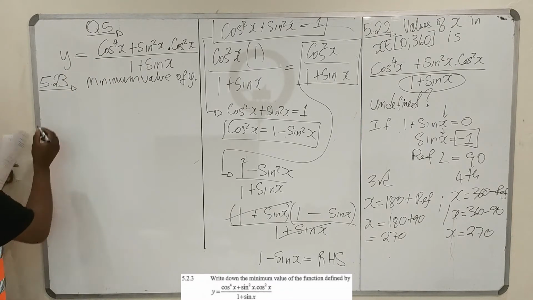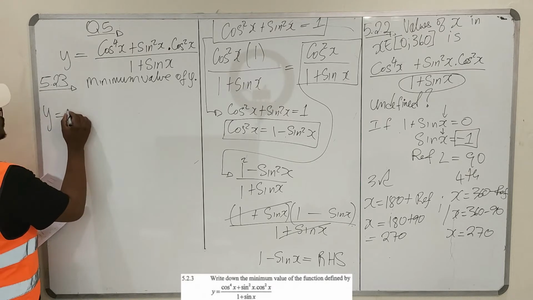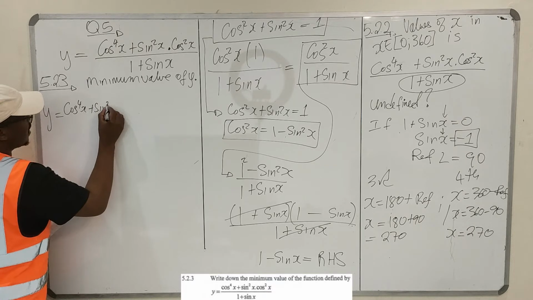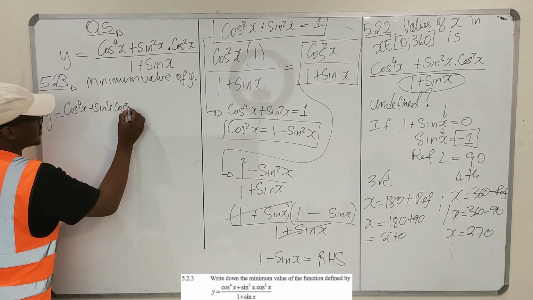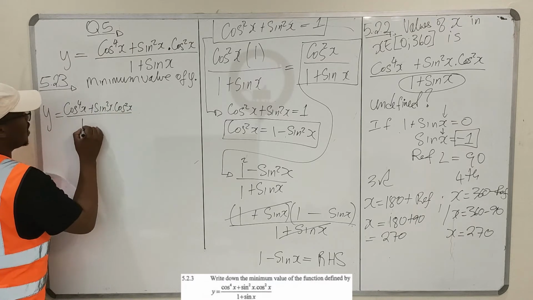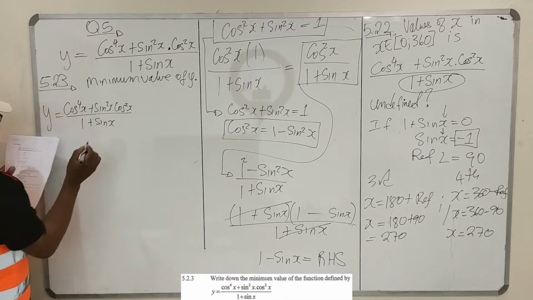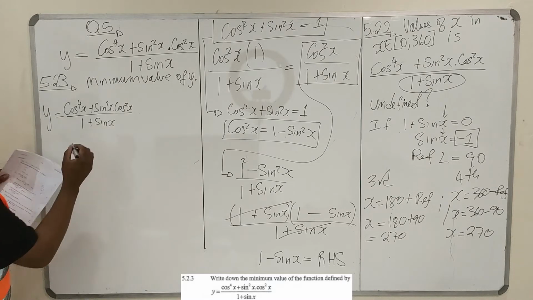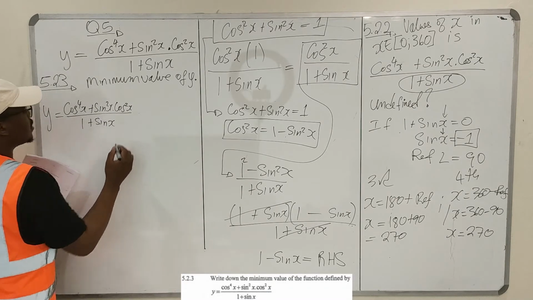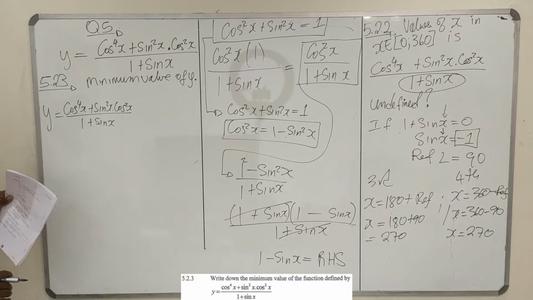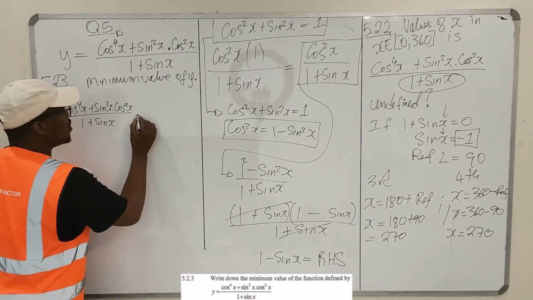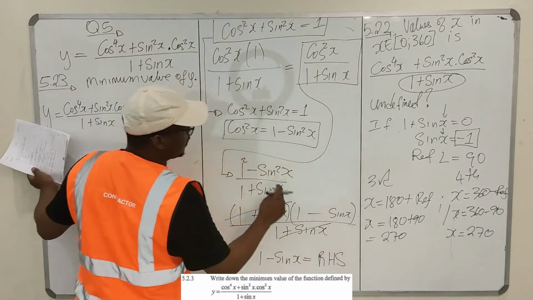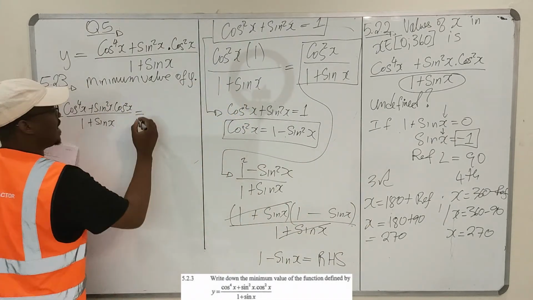So you say, okay, my y is equal to cos to the power of 4 of x plus sine squared x cos squared x, all divided by 1 plus sine x. Right? So let me not make any more assumptions. I know that this will be equal to, or I proved that it is equal to 1 minus sine x,